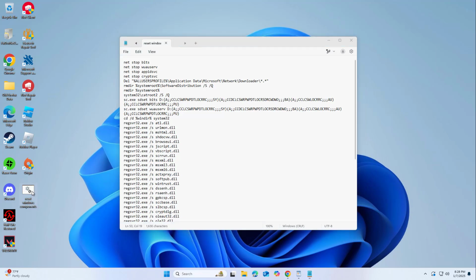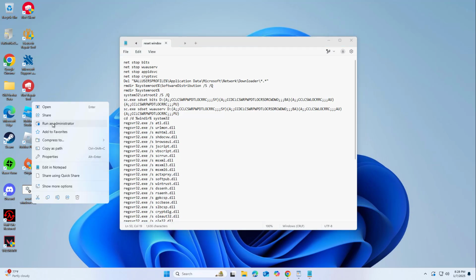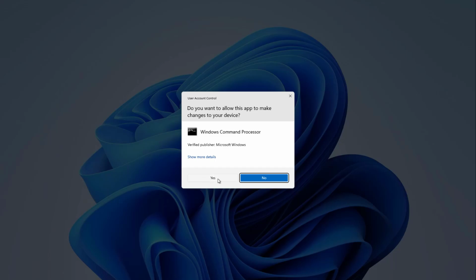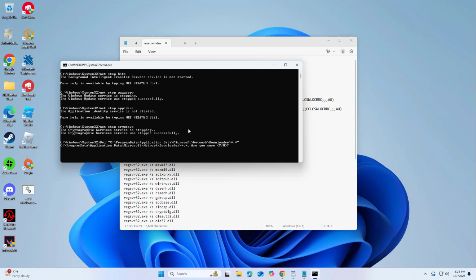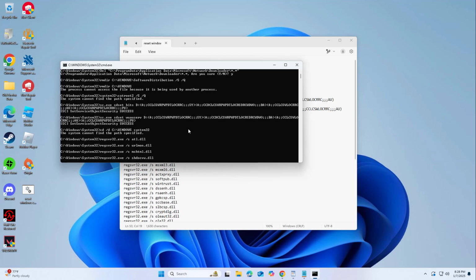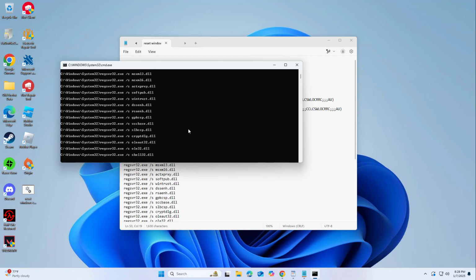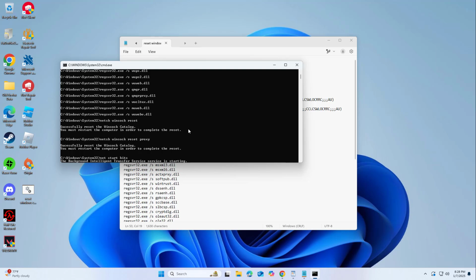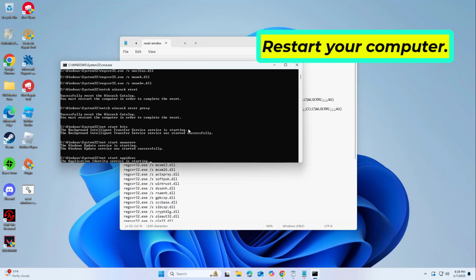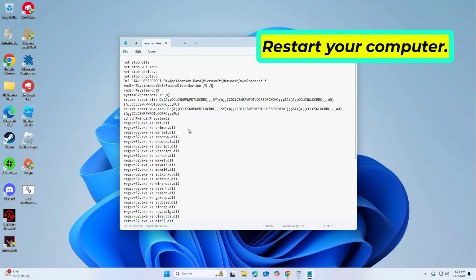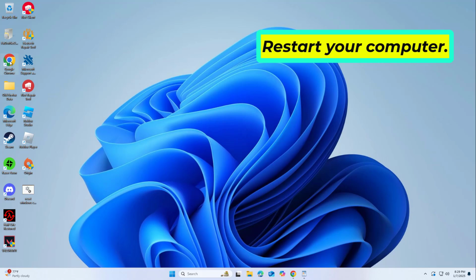Now right-click on that file and click on Run as Administrator. Type Y and press Enter. If that didn't work,